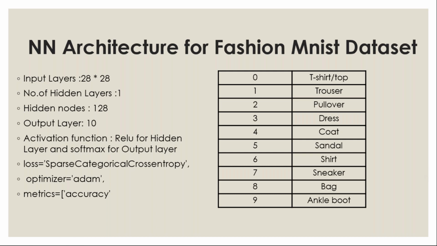Next, you're going to classify 10 different types of items. See here the list which is present in the table. 0 represents t-shirt, 1 represents trouser, 2 pullover, and like this. So you have a collection of dress items, a collection of chappal items, and a collection of bag items. So you have different categories of items present in this data set.